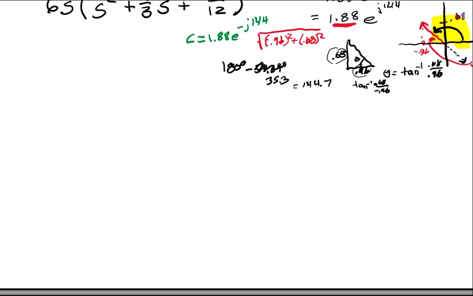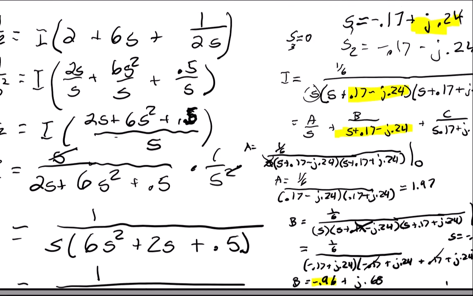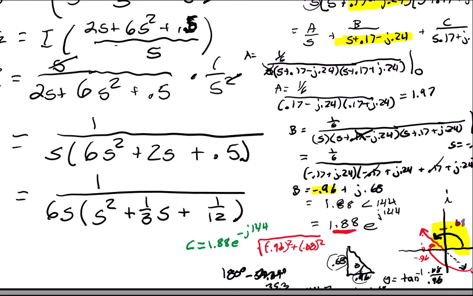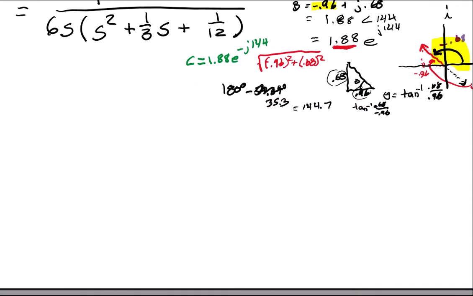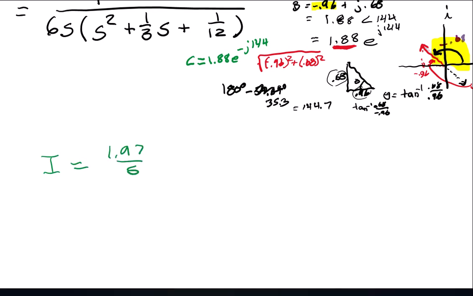All right, so now we can rewrite this as, now don't forget we had, oh no we don't. We took that into account. So ignore that last statement. We're really almost done. We've got just two more steps. So I equals 1.97 over s